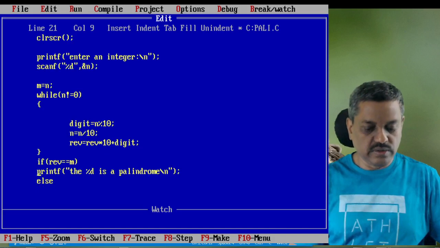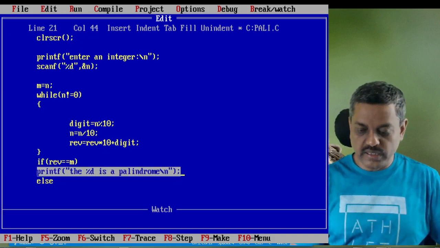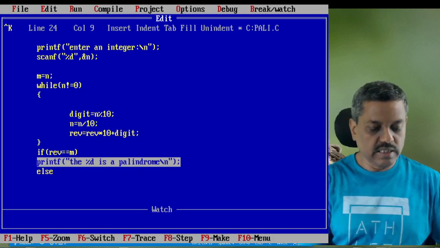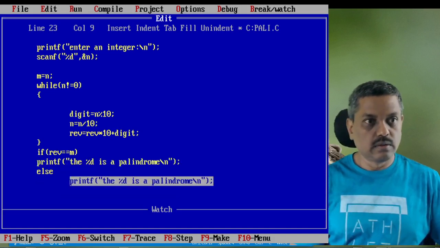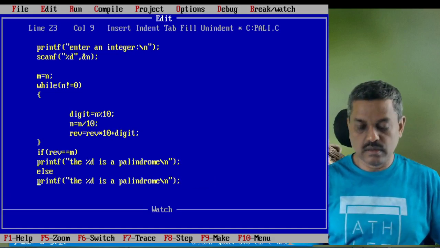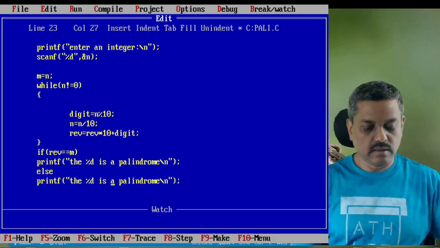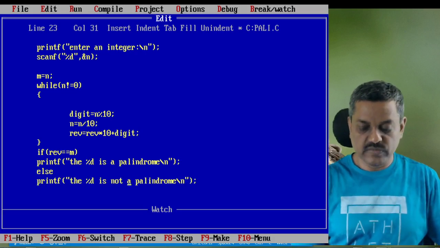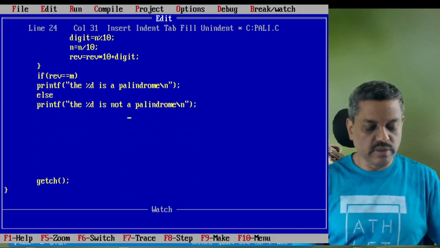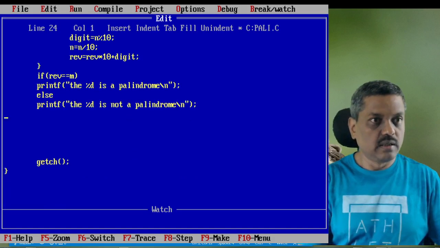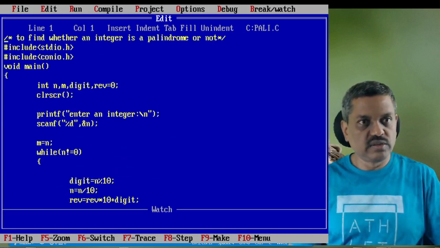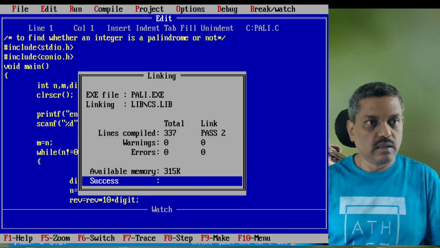You can copy and paste this: control k b, control k k at the end, and control k c to copy, and control k h. Hope this is not a palindrome. See that the spaces are removed. Anyway, it will not really affect anything, but you should be very careful. I think you save once and then recompile, it is okay.